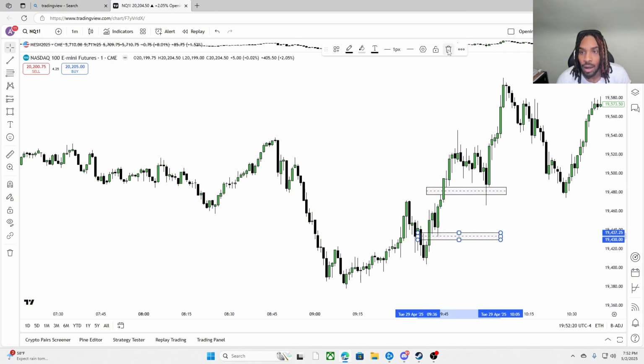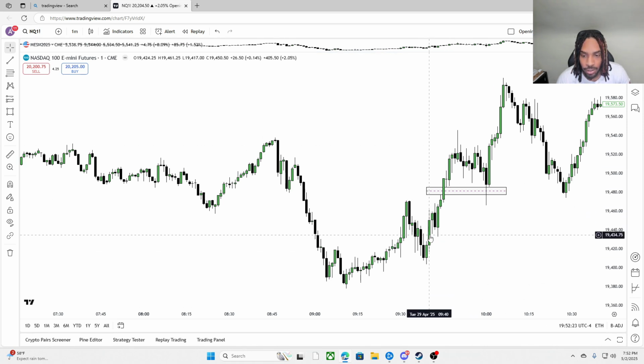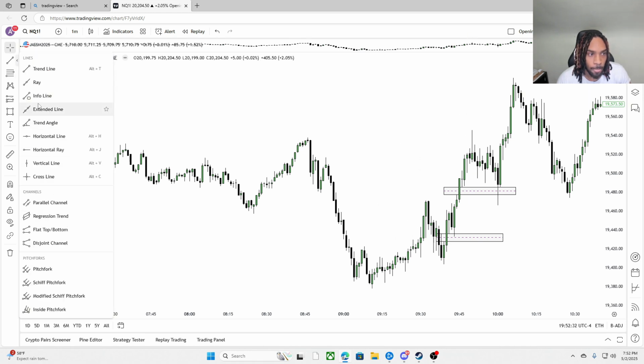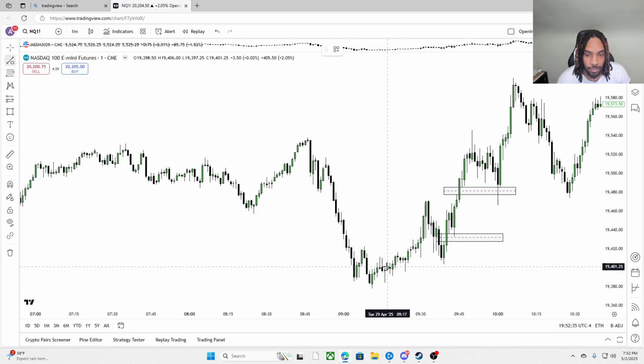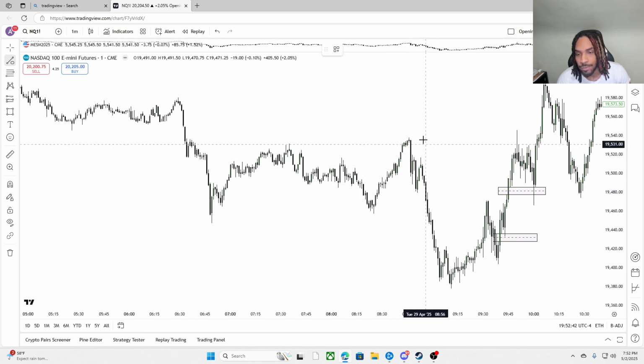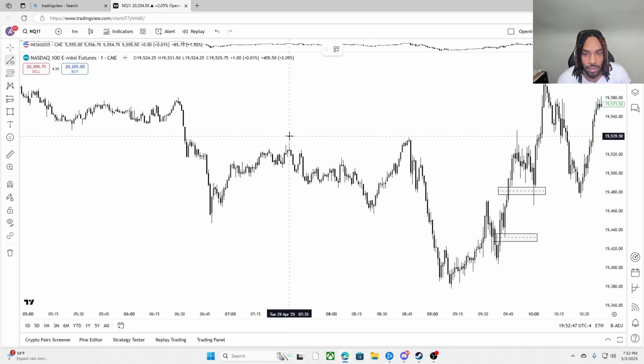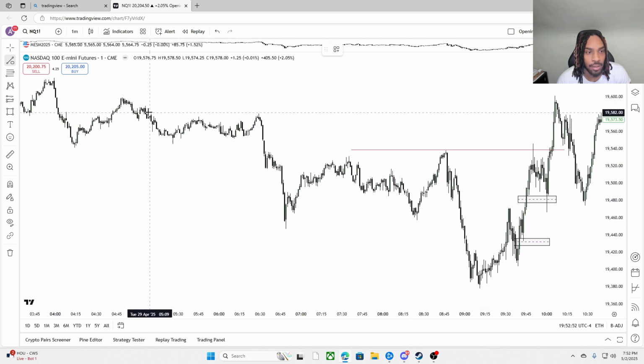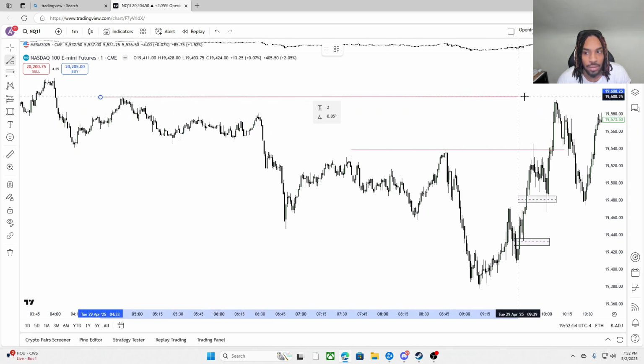And these are the fair value gaps that you trade down here. I'm gonna keep them marked up. These are the ones that you trade, and I'll tell you why. Because we haven't reached our target yet. If we ran sell side on the higher time frames and ran into a discount of a range, we're going to seek some buy side. If you look at this chart, where is the buy side at? Okay, we have buy side right here at this high. Boom. We have buy side here at these highs.